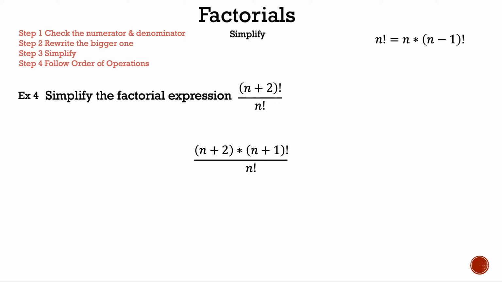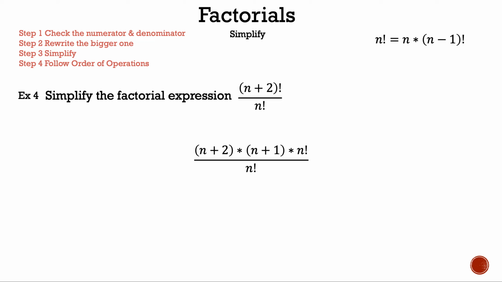So now we have the quantity of n plus 2 times the quantity of n plus 1 factorial over n factorial. We still don't have n factorial in the numerator. Let's use the definition once more and subtract 1 from n plus 1, which is n. So now we have the quantity of n plus 2 times the quantity of n plus 1 times n factorial